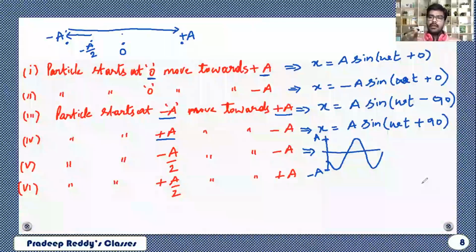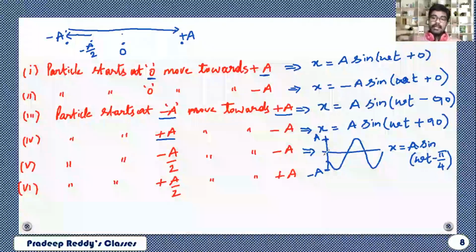You can just write it as cos, or you can take sine and introduce a phase difference. So I will be writing this as x is equal to amplitude, which will remain the same, A, into sine of omega t. There is a phase difference between these two particles, and as it is starting at position minus A by 2, which is half of the amplitude, that will be minus pi divided by 4. Pi by 4 is 45 degrees. So between 0 and A, it is exactly at the center, minus A by 2. Therefore the phase difference will be negative, and it is minus pi by 4.